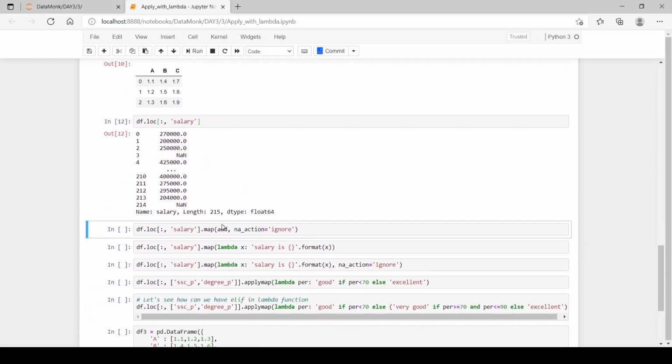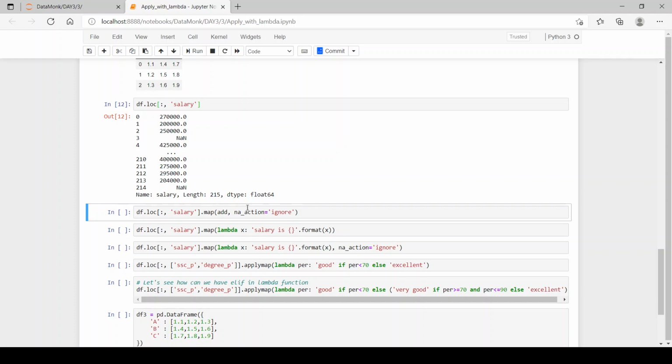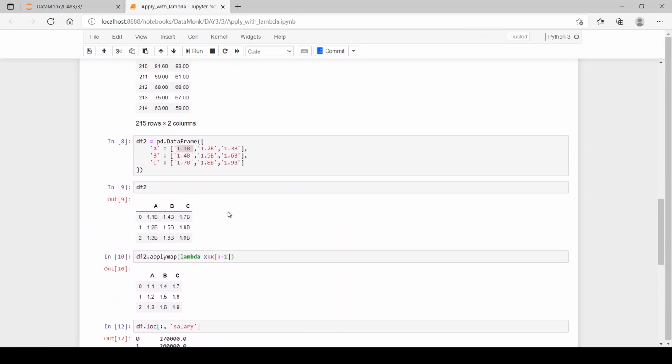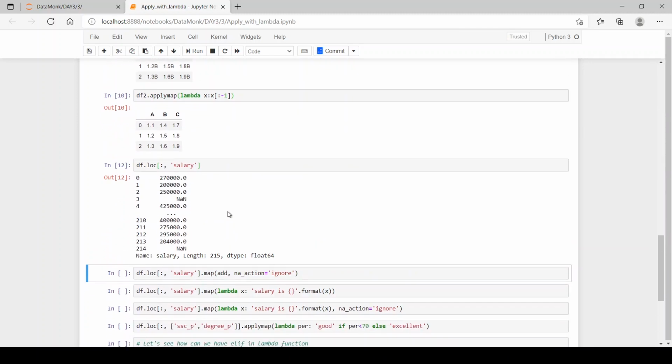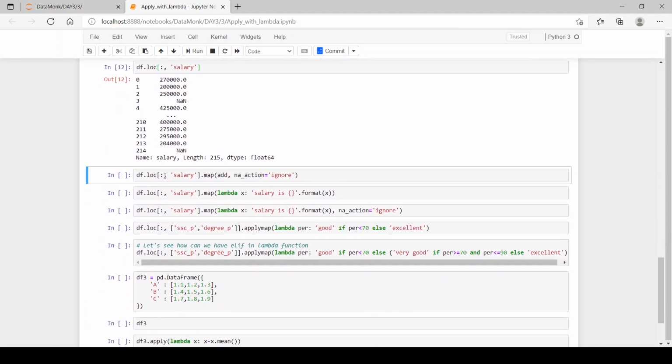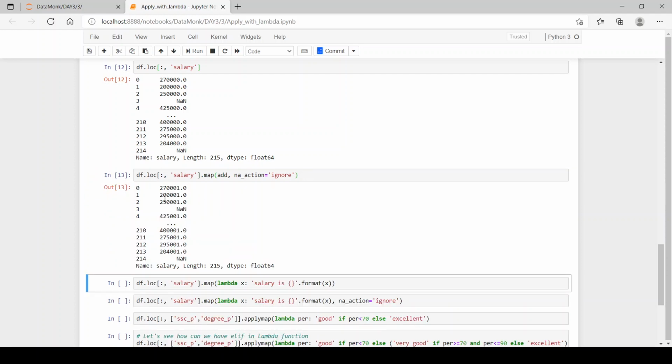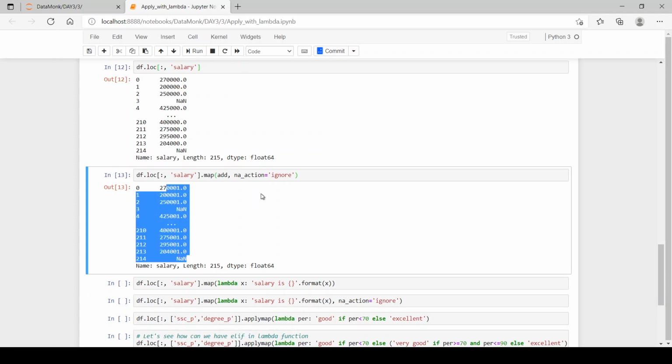So we have our salary column from our data frame, and let's add the function, like we have the add function over here. So we will add one to the salary column. Now you can see one is added to each and every element of the column, but here as you can see there are NaN values, so numeric or arithmetic operations cannot be performed on NaN values.